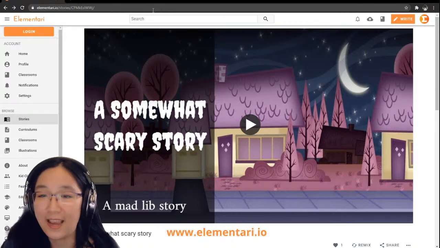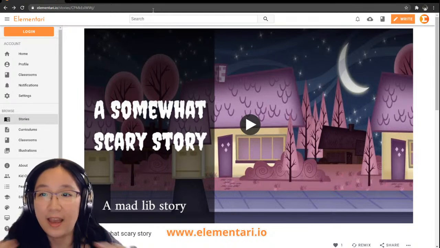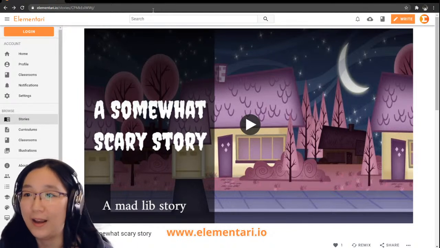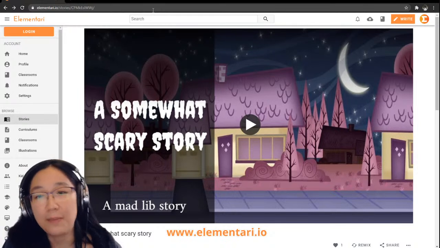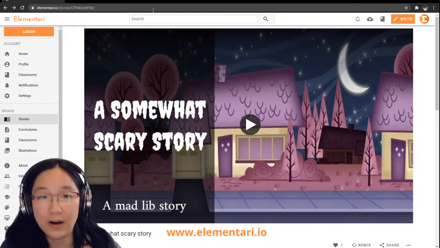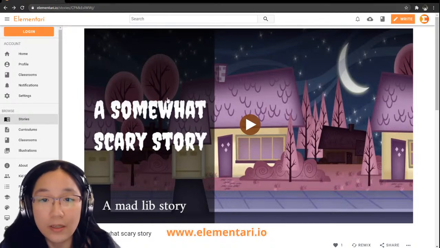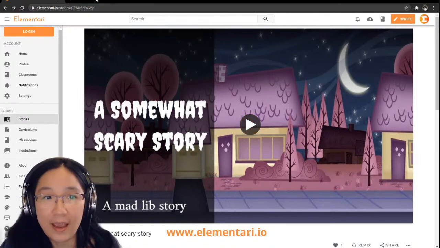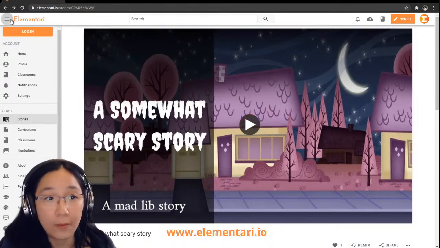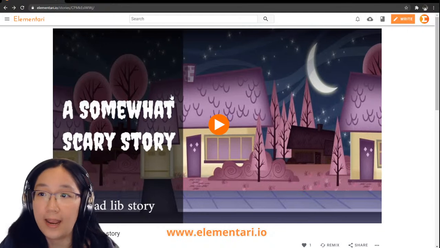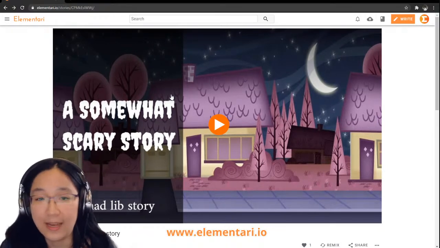So for example, oftentimes they'll have something like name went to adjective forest, something like that. And you would have to fill in the name and maybe the adjectives or anything from the verbs to even the place. So we're going to do something like that. And we're going to make it kind of like a game. So we're just going to play one I've made already, and then we'll remix this story and we'll add to it. How does that sound?